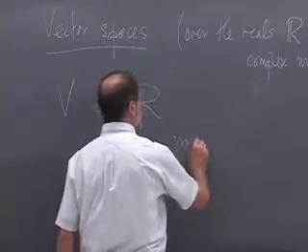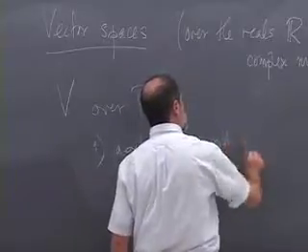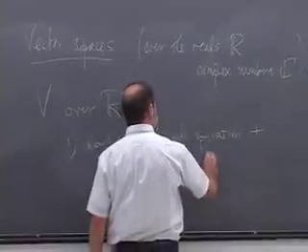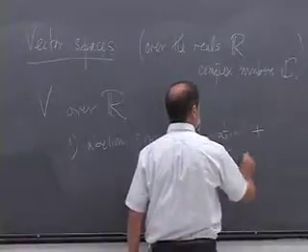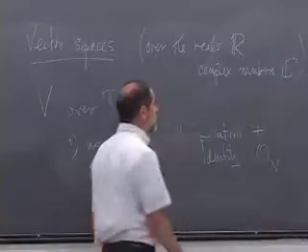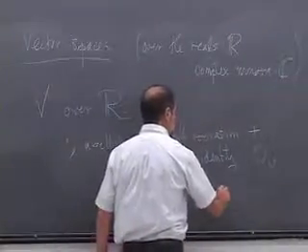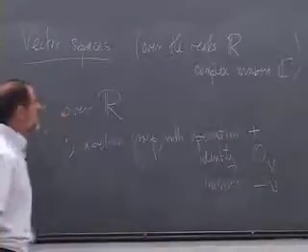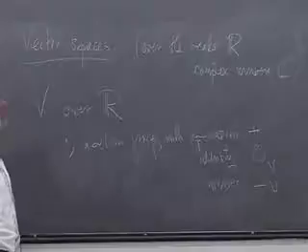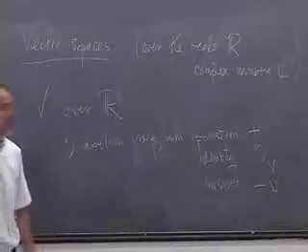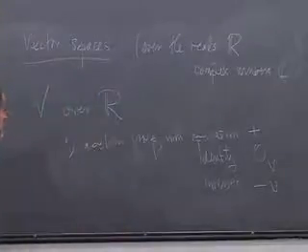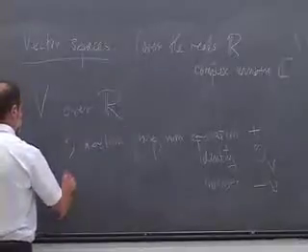That means you can add vectors with the operation plus, an identity element, what's called the zero vector, or sometimes just zero, and an inverse element, sometimes called minus v. So the operation of the abelian group in a vector space is written additively, like it is for the integers. The integers would be a perfectly good example of an abelian group. And the second thing you need is a scalar multiplication